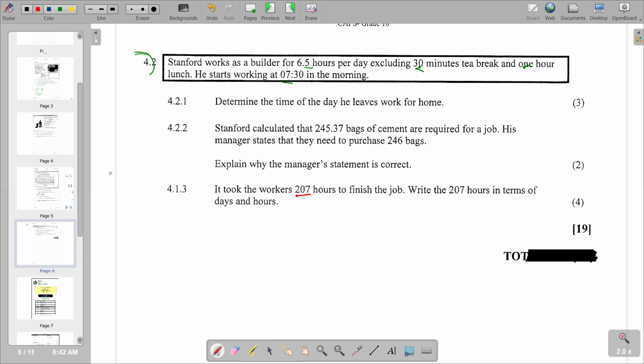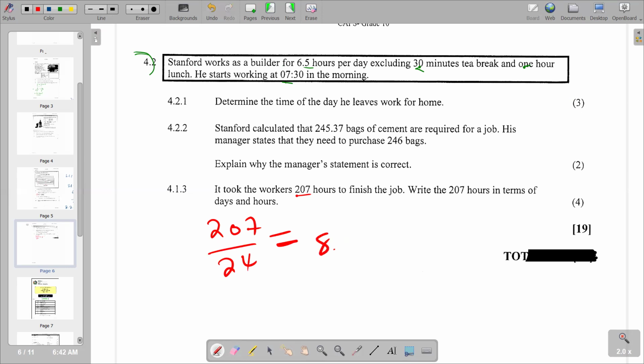So if you say 207 divided by 24 hours, we are going to get the number of days that we have out of 207. So basically, we can say 207 is a numerator divided by 24 hours. And you see that